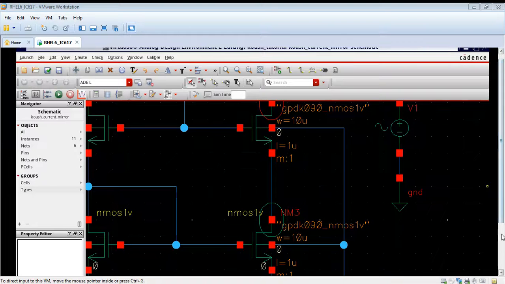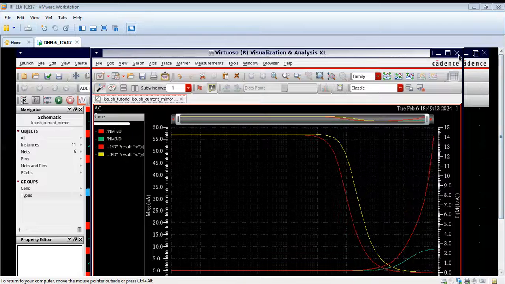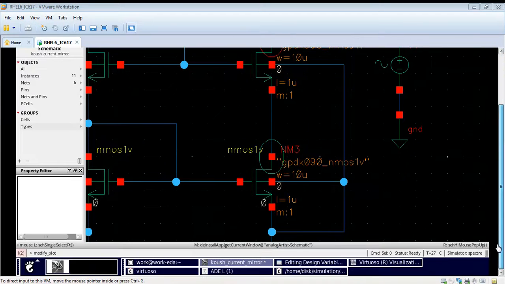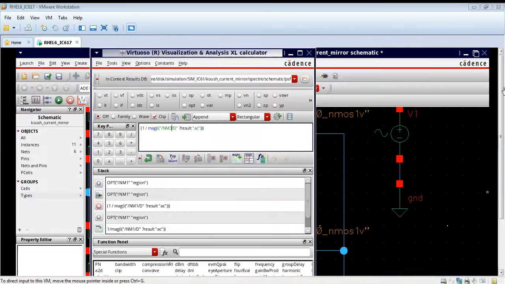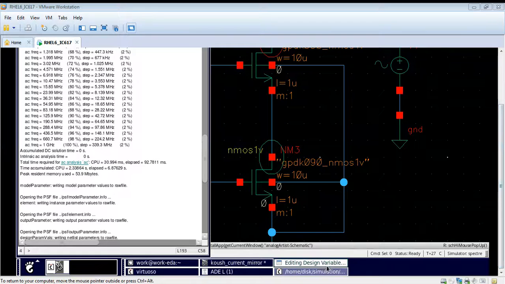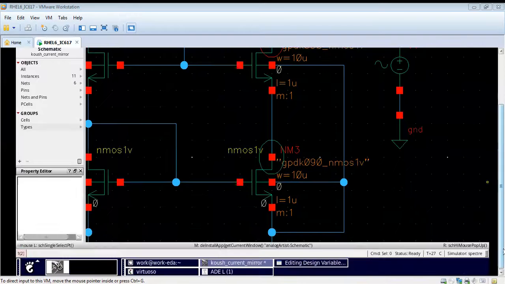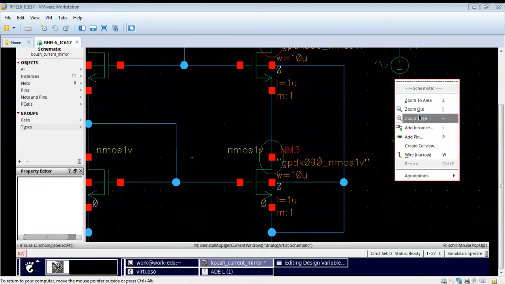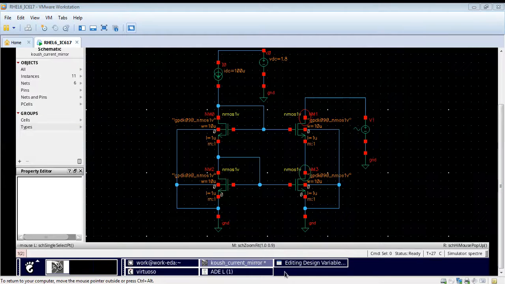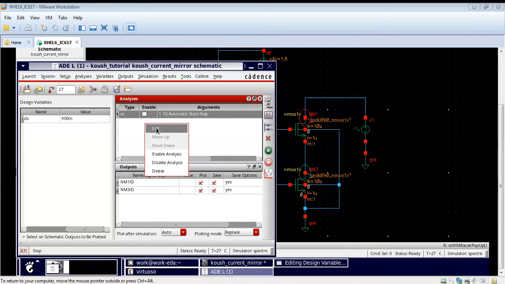Now we will do the DC analysis and we will also try to find the region of operation for both these NMOS. Basically the region of operation is determined by the region of the above NMOS. If we want both the NMOS to be in saturation, then if the above NMOS is in saturation, the below NMOS will also be in saturation.